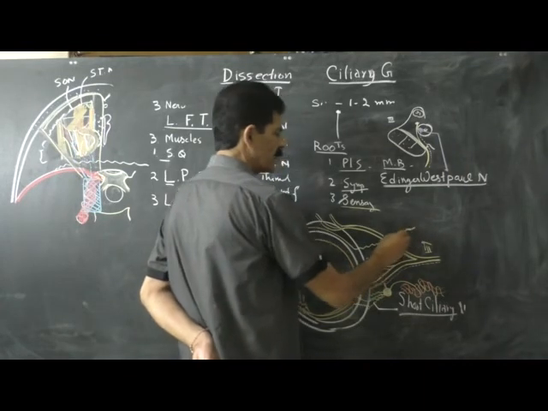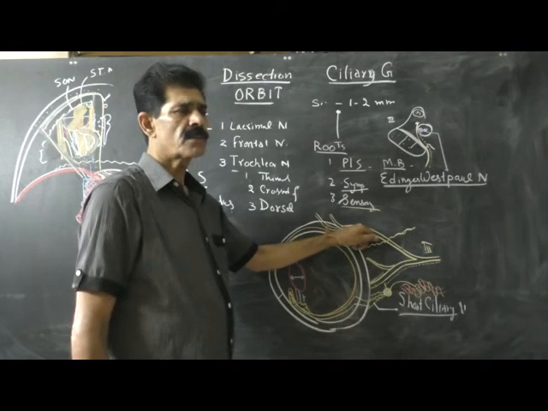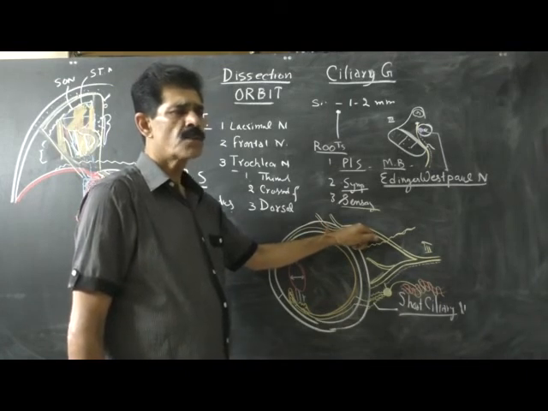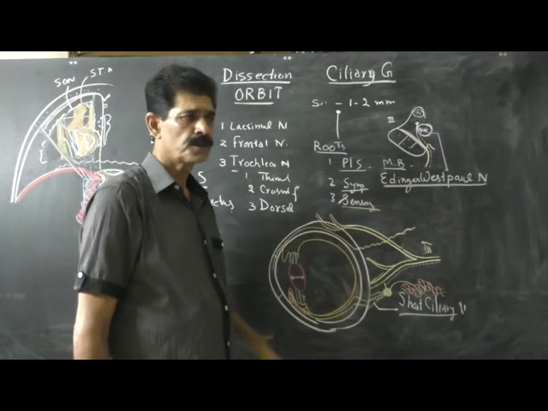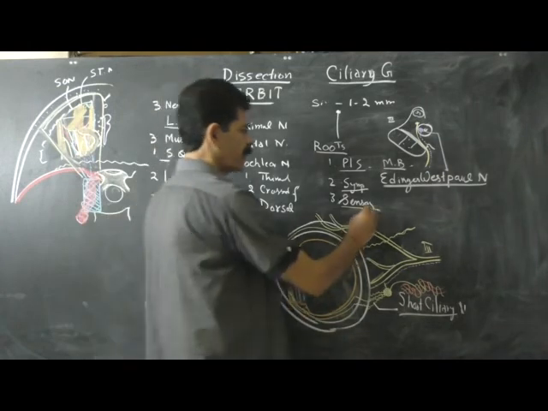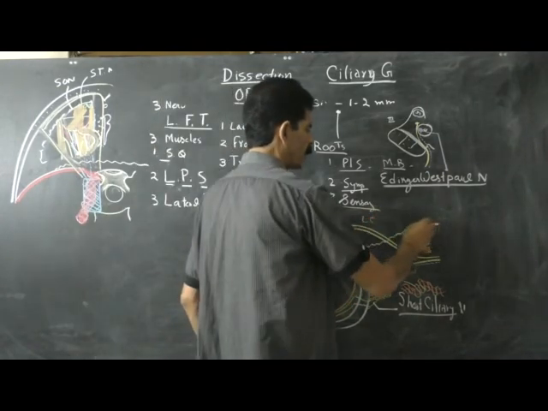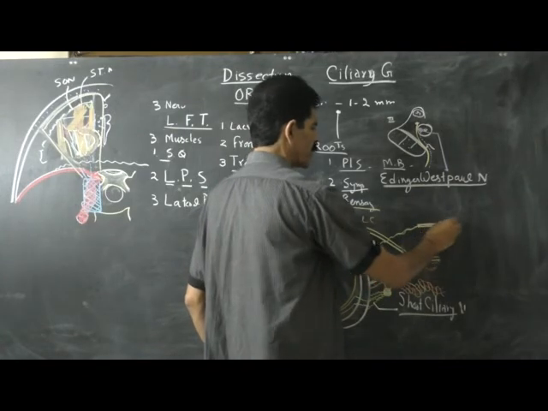And these long ciliary nerves leave the orbit by passing through the superior orbital fissure inside the annulus of Zinn. Then these long ciliary nerves go into the ophthalmic division of the trigeminal nerve,